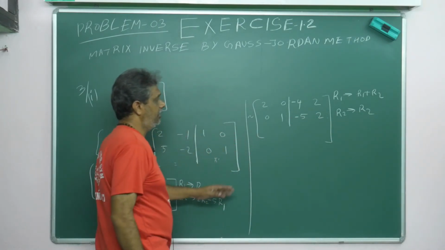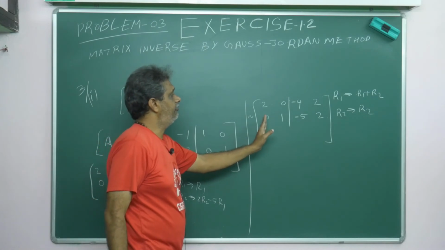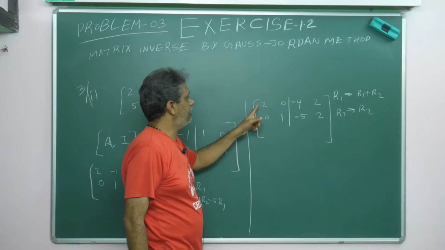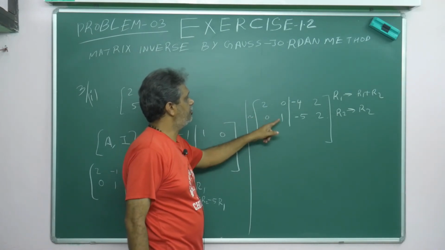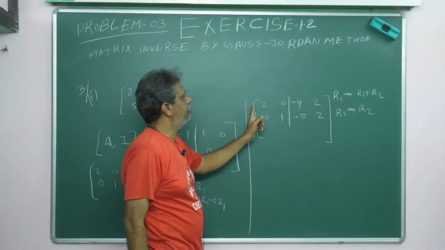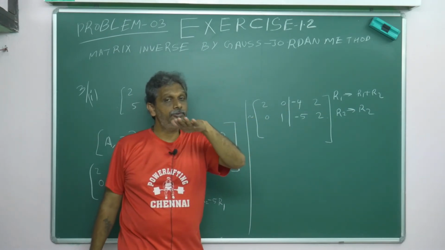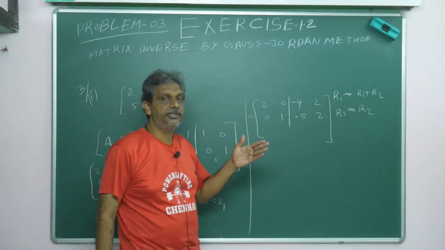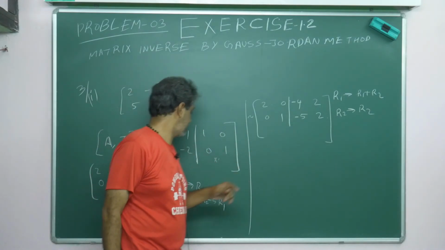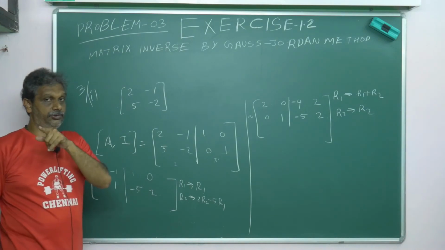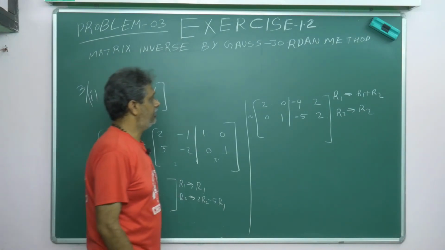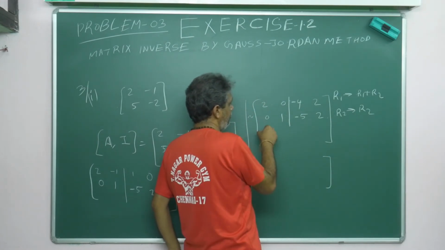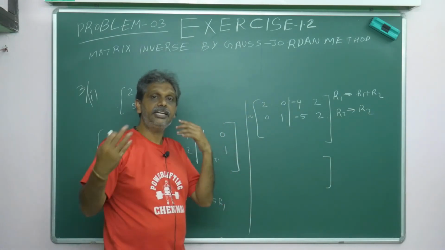See what I am telling: make this an I, and whatever changes you do, do the same on the other side, then this is A inverse. Identity matrix means 1 0 0 1. This I am happy with, but this 2 you can divide by 2. Up to the final step, don't worry about ones, don't bring them in. If you see your textbook, sometimes they divide by 2 right here. I don't want to do that, so do it carefully. Finally, after reaching the diagonal, I will keep the elements.